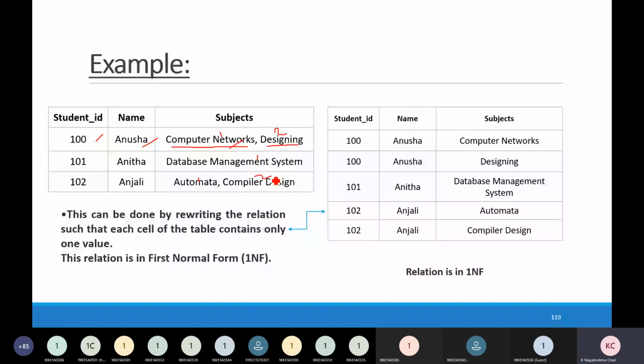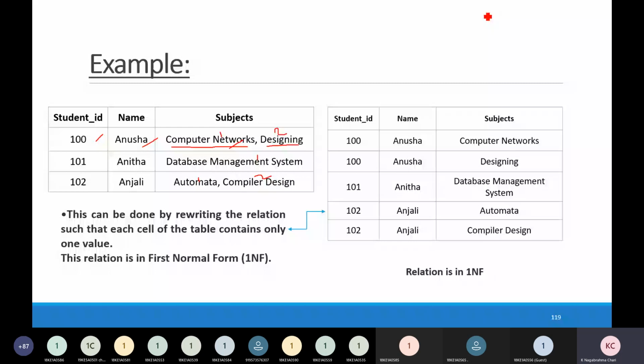Try to understand. While converting a table into first normal form, what you have to remember is that if you find multi-valued attributes, we have to convert them into single valued attributes. How do we change to single valued attributes? We add another row of data, with the same ID and same name but a different subject.